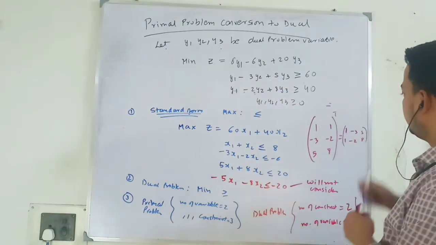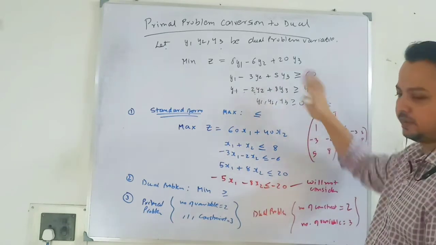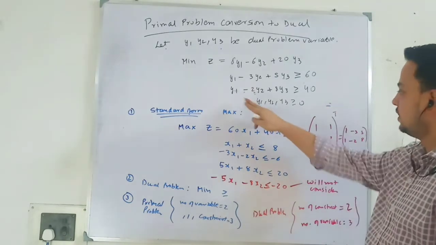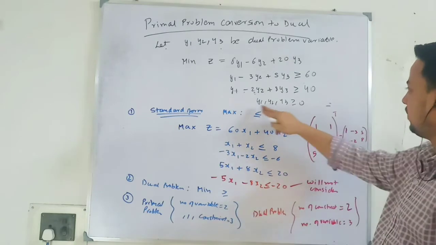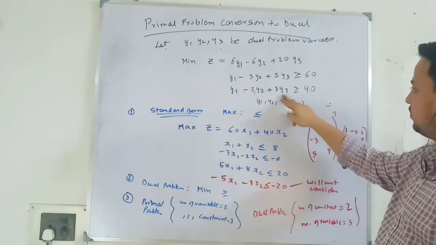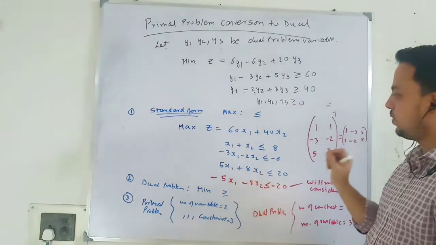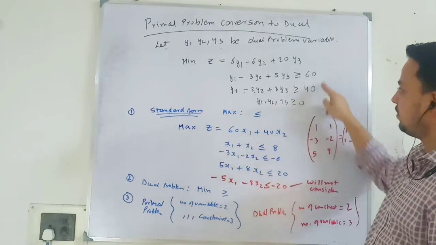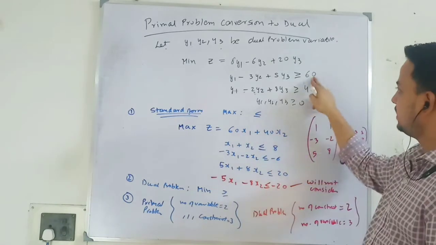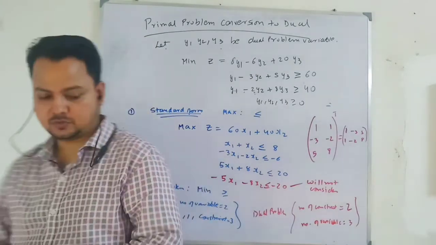You have this one, you have to write here y1 y2 y3, then it will be multiplied, it will be coming like this. That will be your constant. Point number 5 that I have given you. Similarly, you have y1, 1 into y1 is y1, minus 2 into y2 is minus 2 y2, plus 8 y3. And if you remember the point number 4, cost coefficient in the objective function will become the right hand side of your constant. So it becomes 60 here, it becomes 40 here. Okay, let's do one more problem.